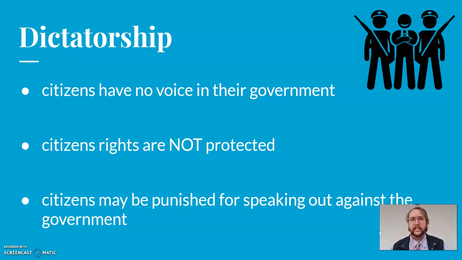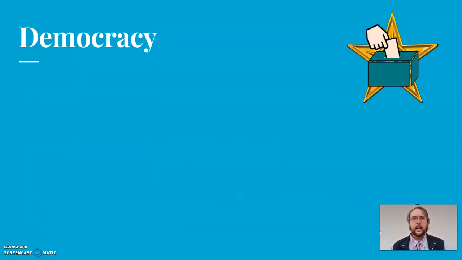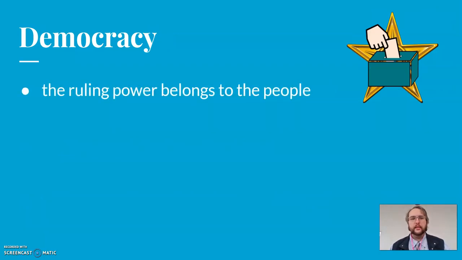We talked about dictatorship. Neither of these types of governments is what the United States has. The United States and many other countries, Canada, Mexico, Spain, Argentina, have a democracy. And in a democracy, the power belongs to the people. Now,